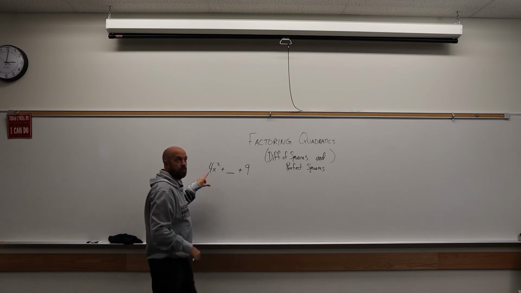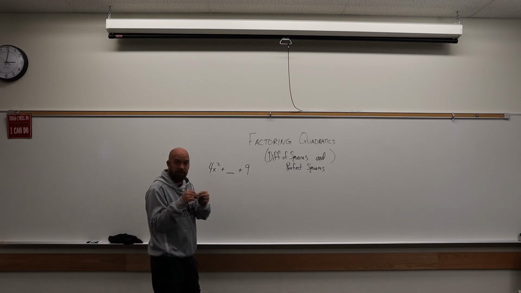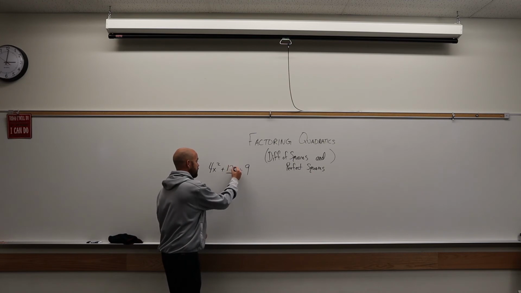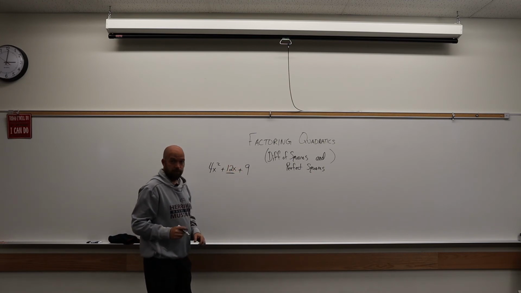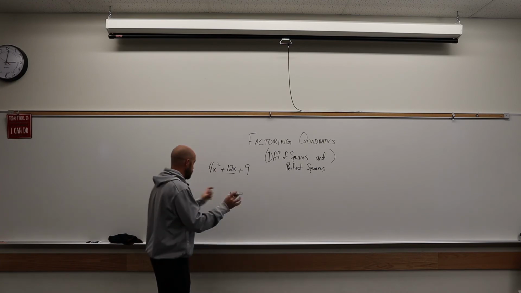So in this case, I've got 2x and 3. So if I were to multiply those together, I get 6x. And if you double it, that should be what the middle part is. So this would need to be a 12x. Okay, so if you recognize that, if you see it, here's the answer. We go straight to